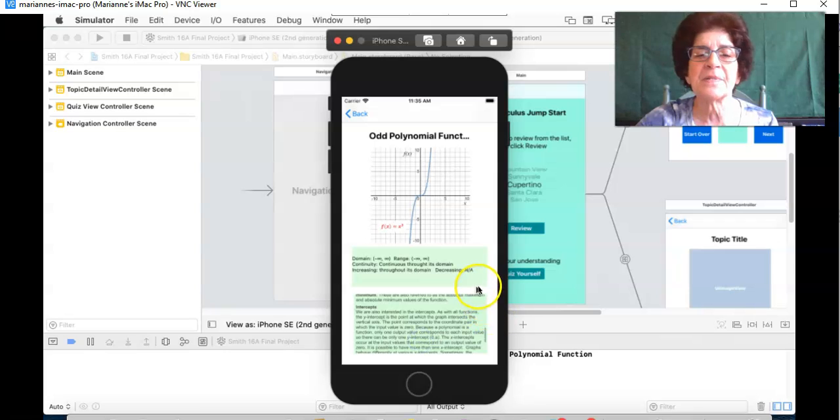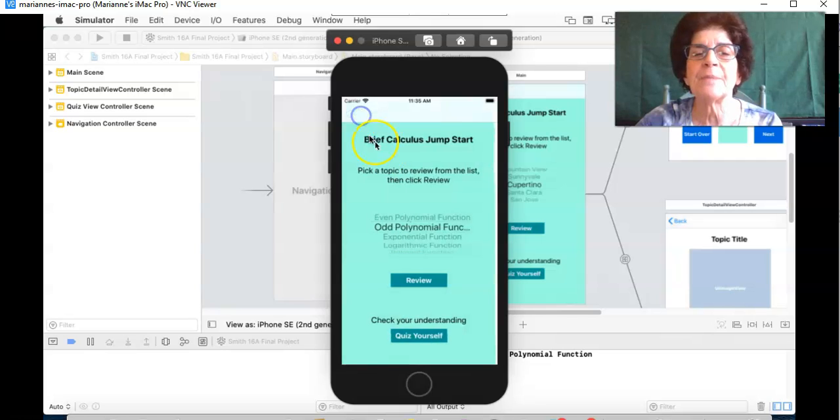possibly intercepts. So again, you'll notice, as far as meeting design requirements, we have the wayfinding here with a back button that takes us back to our main screen so students can find their way around. Also, there's consistency in the design, namely each of these screens, let's pick a different one,